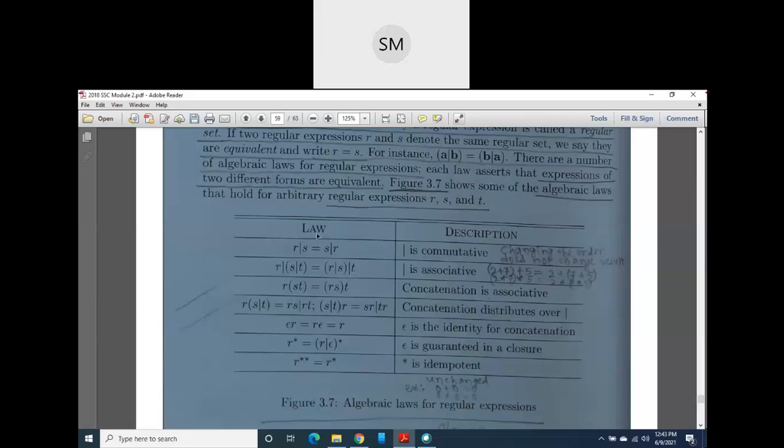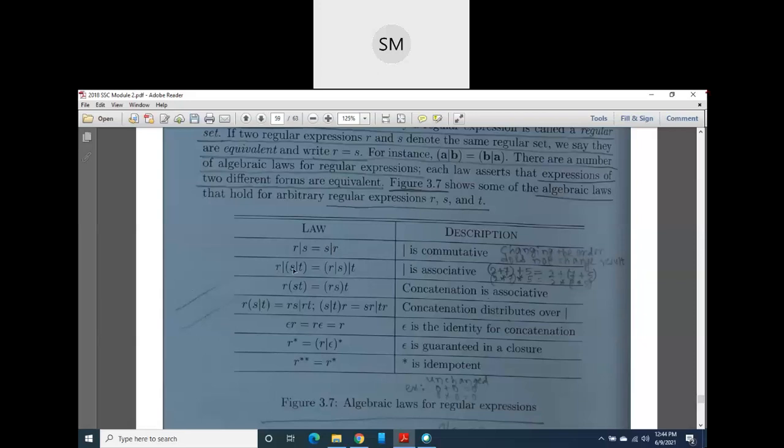So first law, R is unioned with S, then we can write it as S is unioned with R. If you write like this, this law is called the commutative law. This pipeline is there, that is union. Union is a commutative law. It is satisfying the commutative law. What is meant by the commutative law? Changing the order does not change the result. Remember this one. Changing the order will not change the result. Okay, so whatever you get by doing this, you will get the same thing by doing this.